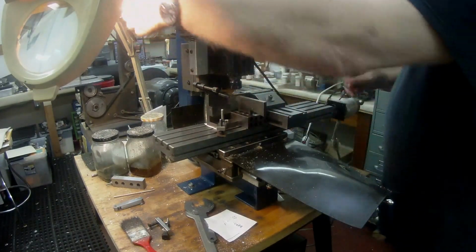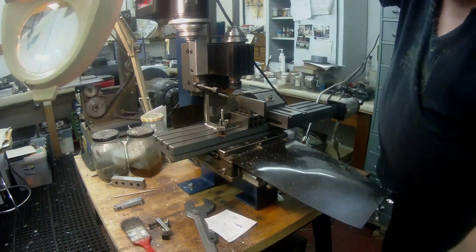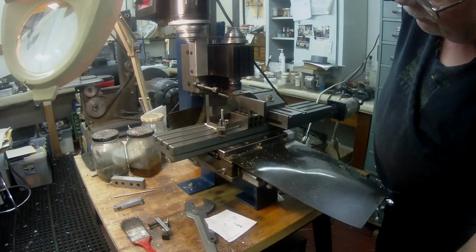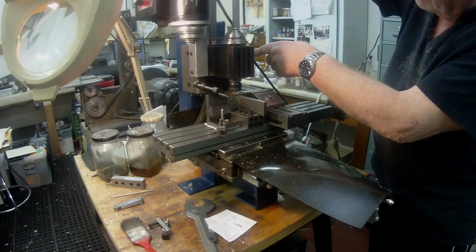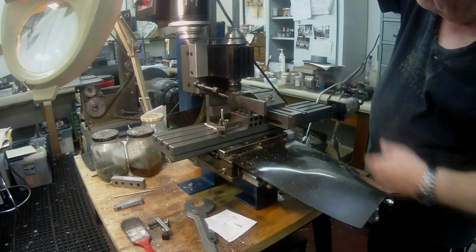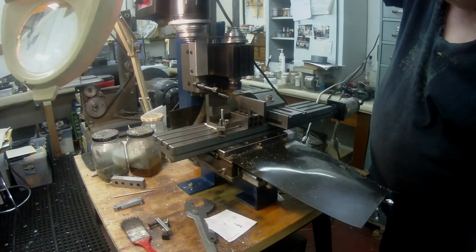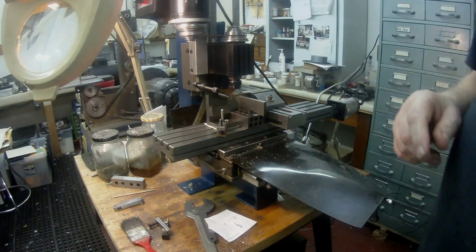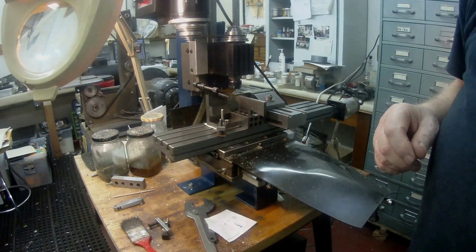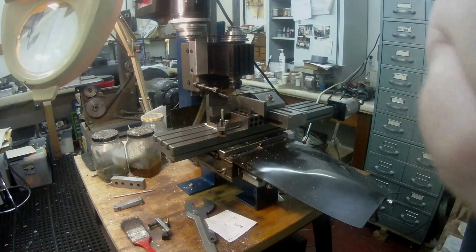So I'll just start the machine up, and I hope you're going to be able to see all this. I'll switch off the control panel and just wind down, and I work on a readout here that I put on the side. I get down to 0, and there we are. So that's the last one. I'm going to switch off now and continue, hopefully, when I've set it up for drilling the